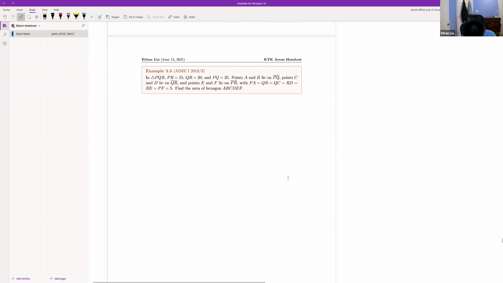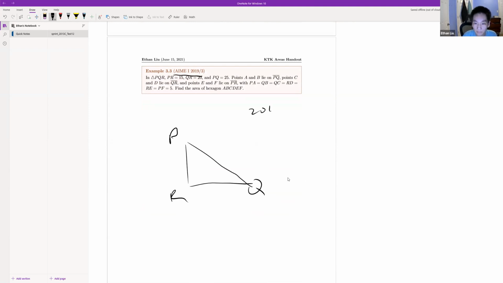Luckily, here's an easier example. Okay, you can tell I just got back from somewhere. So in triangle P, this is an AIME problem from 2019. Maybe you all are too young for this now, but I took this test, I believe. No, I didn't. I'm lying. But I remember when this test came out because I did really badly on it. Anyways, in triangle PQR,